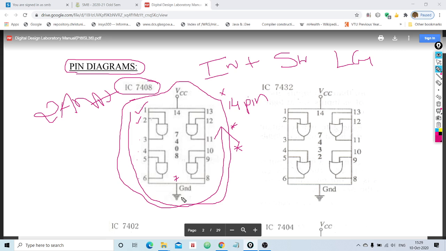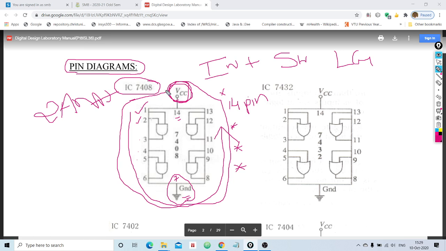Look at here, pin number 7 is for ground supply, and pin number 14 is used for voltage supply. VCC stands for voltage supply, means we need to supply voltage at this pin and we need to supply ground at pin number 7. Clear? So, and last but not the least, you should get one more piece of information from this pin diagram